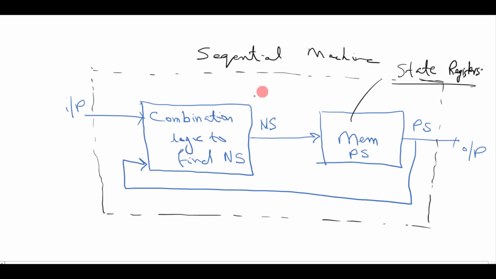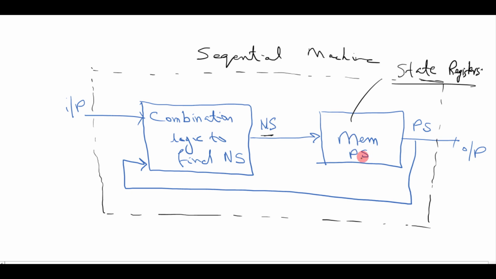Now, this is the formal definition or formal structure of sequential machines. But sequential machines have a lot of problems. For example, this machine can go into a metastable state, can be unpredictable. They can go into race conditions. For such sequential machines, race conditions are very problematic because they are not synchronous. There must be some mechanism to make it synchronous.